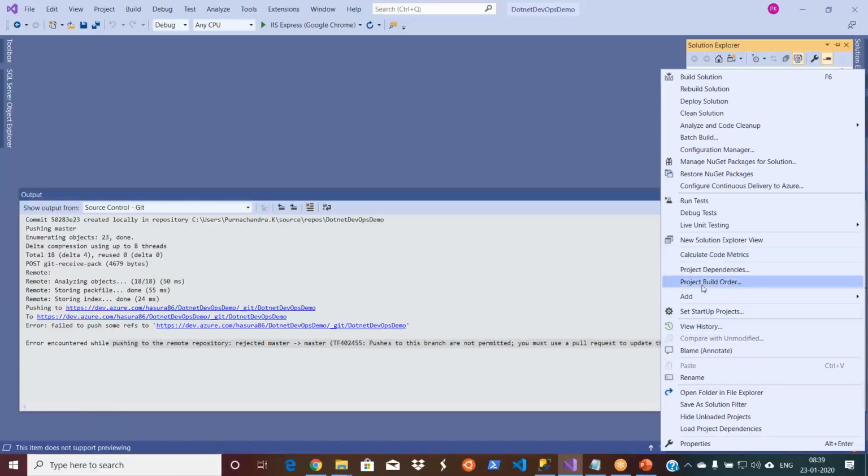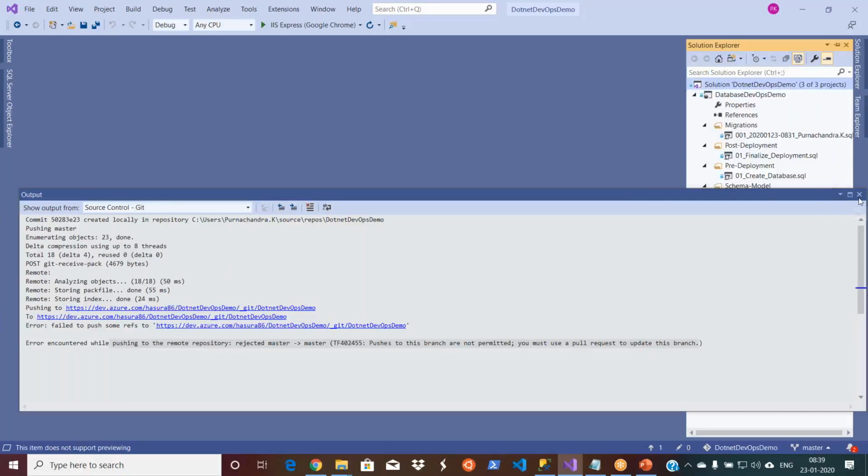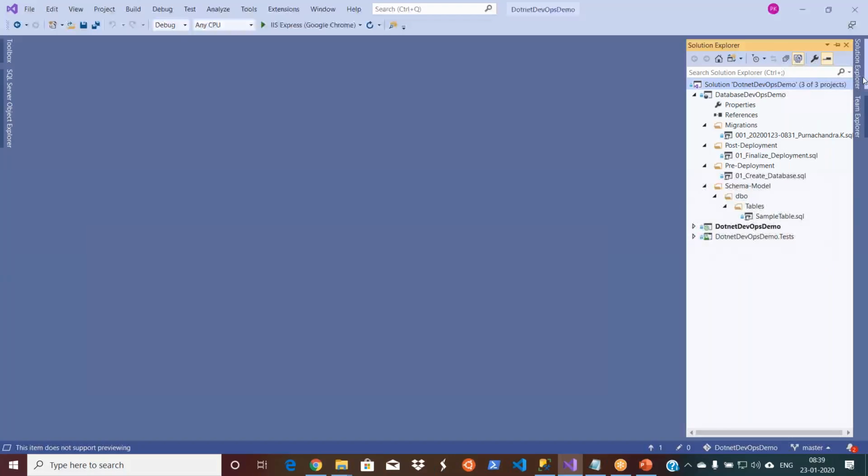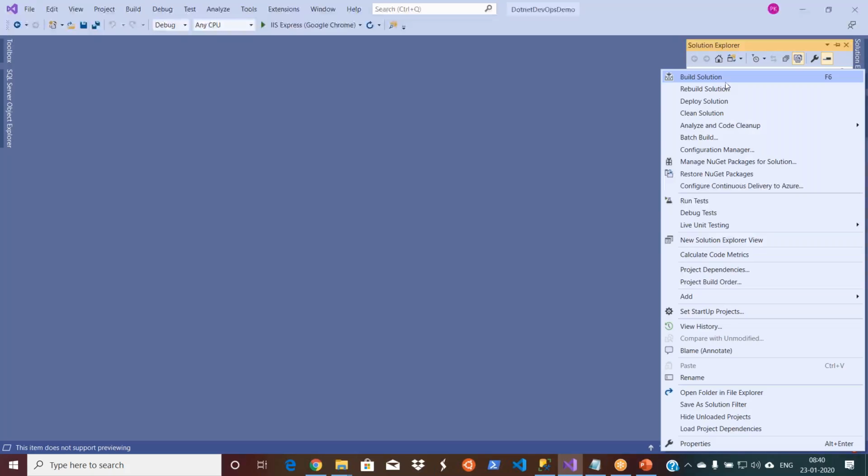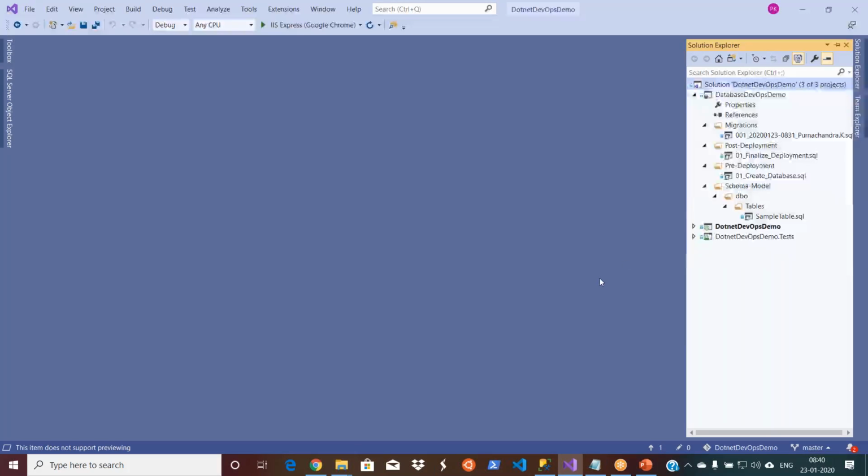Now let's go and see where this commit is. Version control. Where is version control? Has it been added? No, right? It looks like it's local actually.